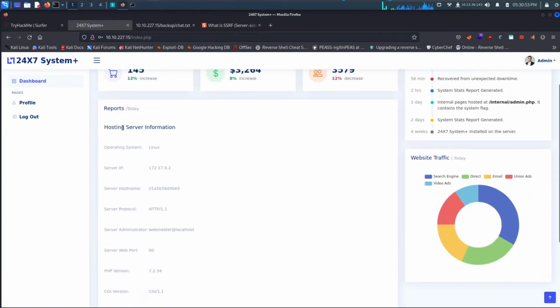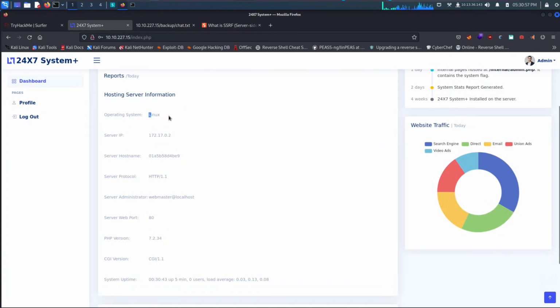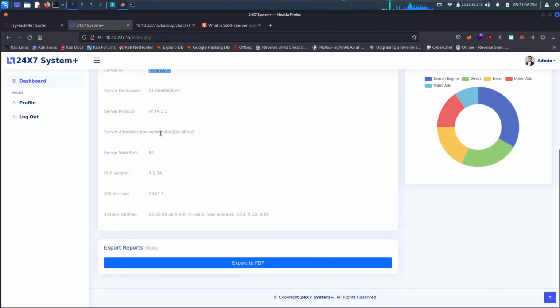We get hosting server information reports. So we're looking at a server running on Linux. Server IP is that, it's probably an internal IP. And then we also have an export reports today button. And if we press on it,